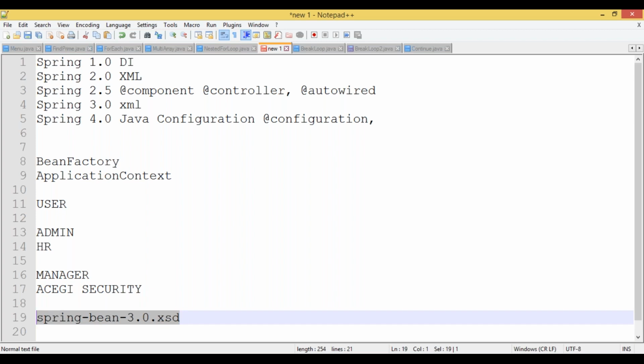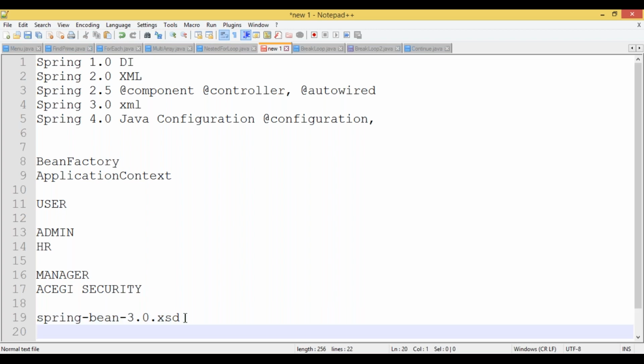When we are working on an XML-related application, we will give an XSD. The XSD internally has the namespaces. The purpose of this XSD is that, instead of providing all the functionality separately into our application, the Spring people provided the XSD as a common location. Using this XSD location, we can work on it. And inside the XSD, they provided the namespace.